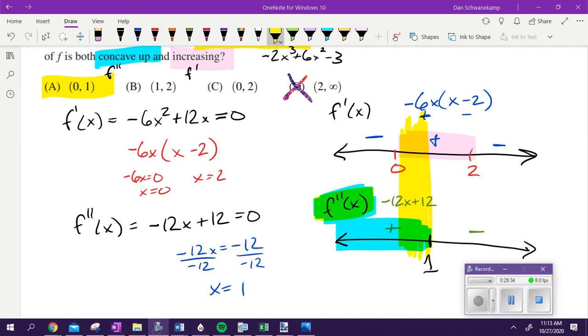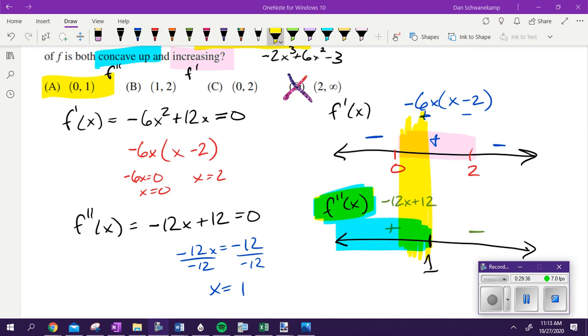Makes sense what we did there? Little strange, but it's exactly what's going to be on your quiz. Okay? Being able to find when I'm increasing, decreasing, points of inflection, concavity, all of those things